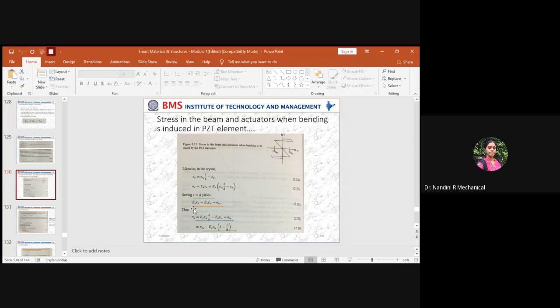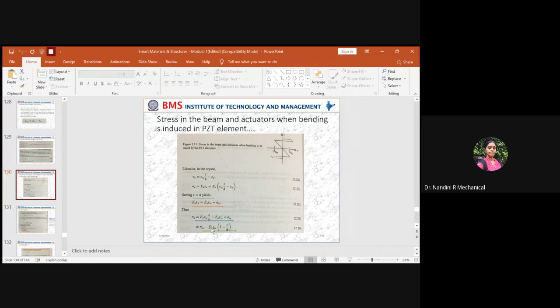See here, the stress value of the actuator into the free strain value is equal to this much. So this value you will replace in place of EA into stress, EA into the free strain. So you will get this value written over here. So in this equation, again, which is common factor, you have to see the stress across the actuator into the free strain at the structure above the neutral axis, right?